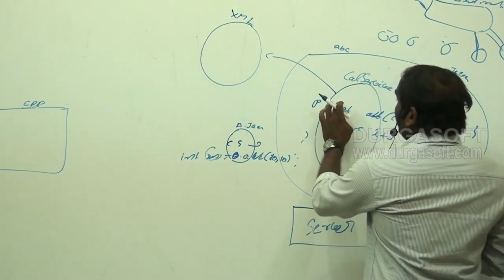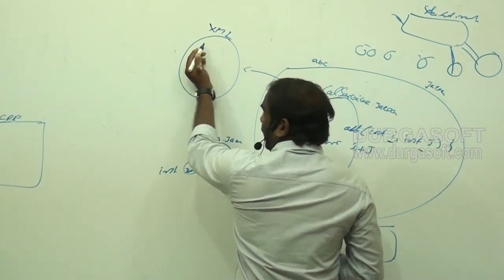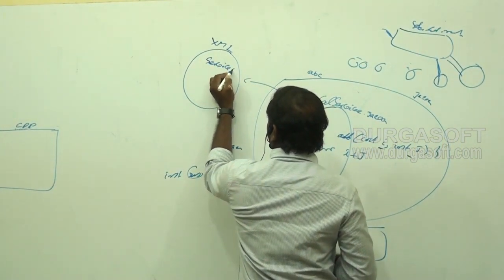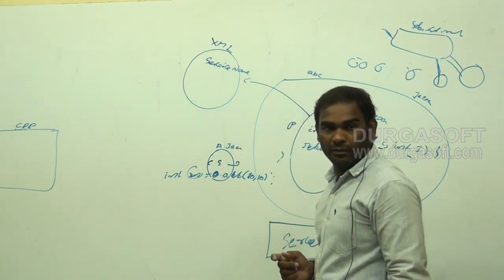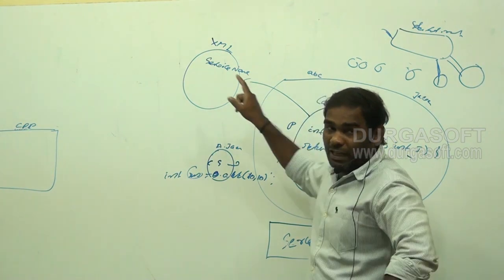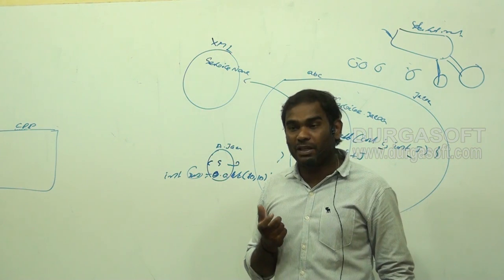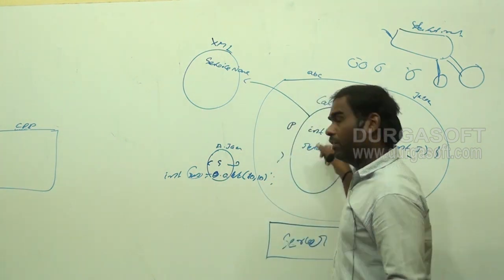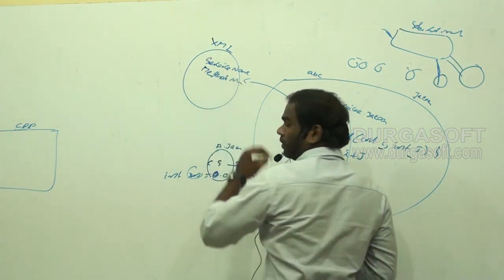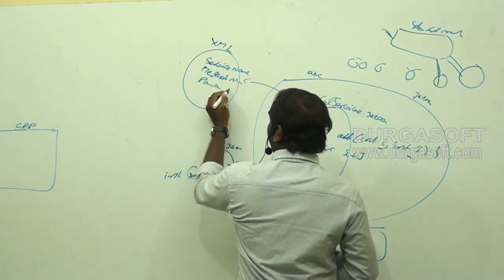So what details do you need to put here? It is simple. One is the service class name, that is called the service name. The next one is the names of the methods. In web service terminology, we call them operations. Operation names means method names, so we need to put the method names here. The next one is the parameter data types.